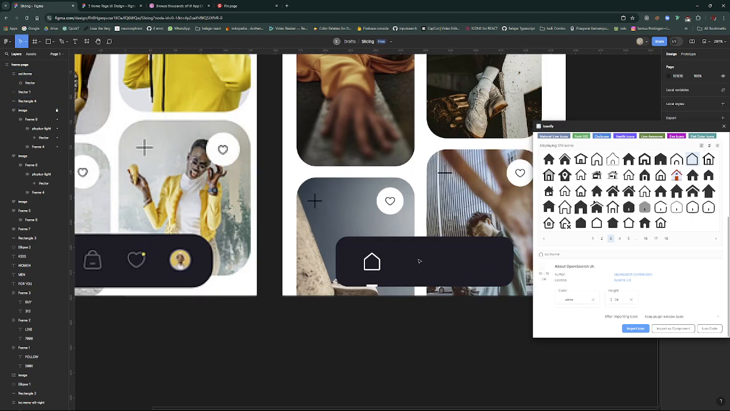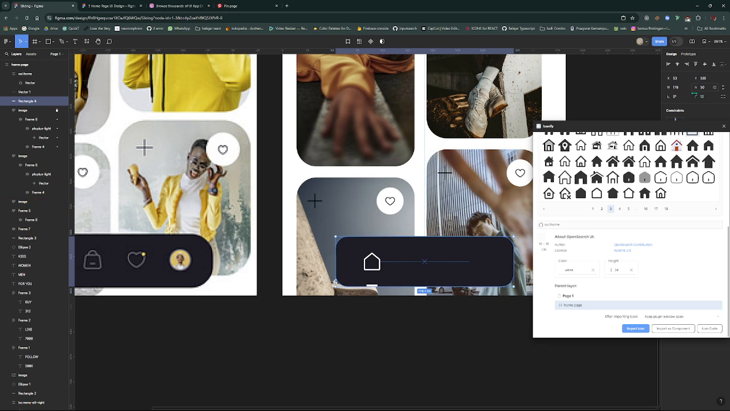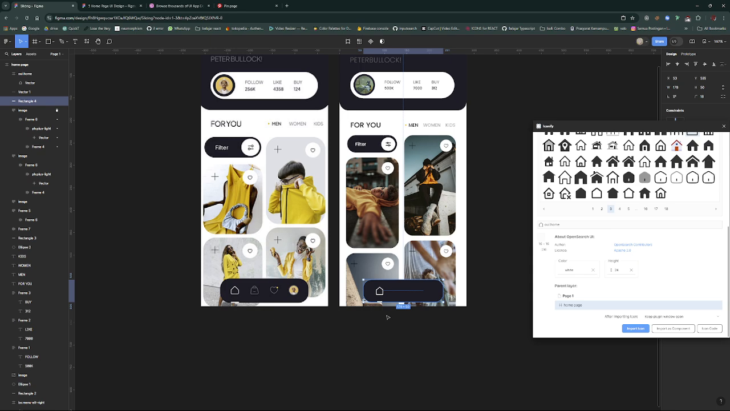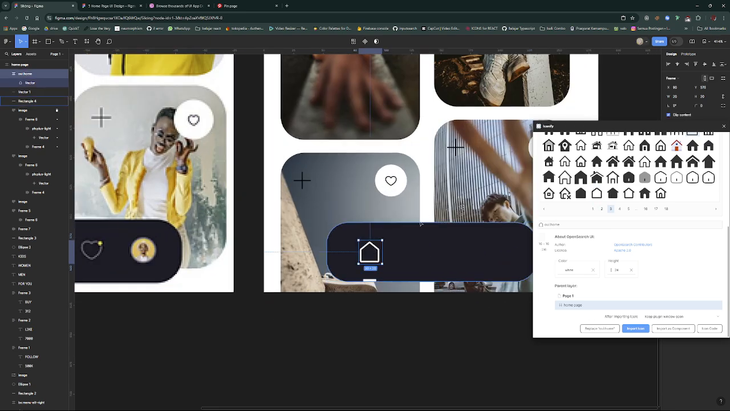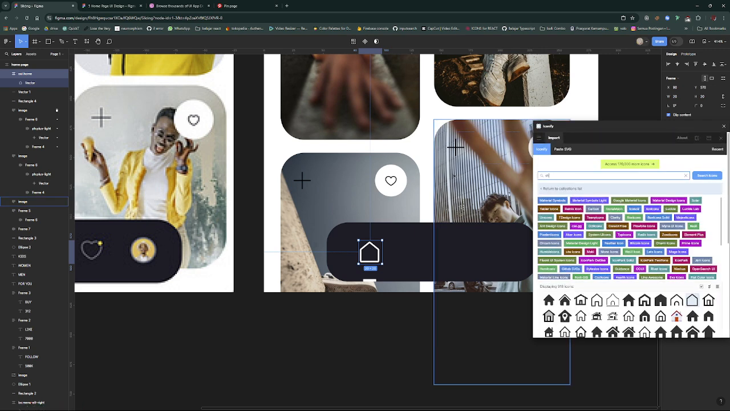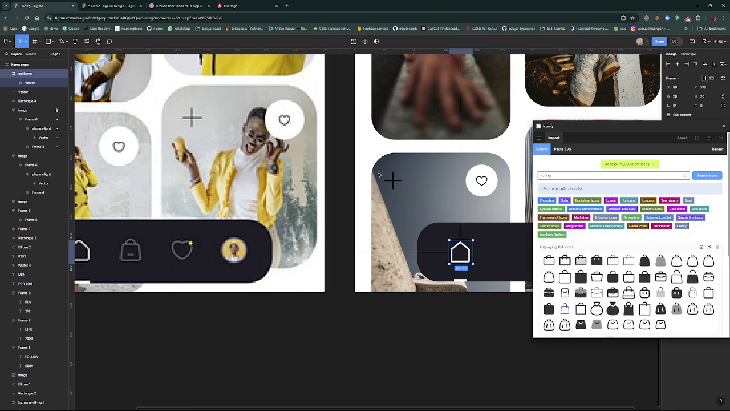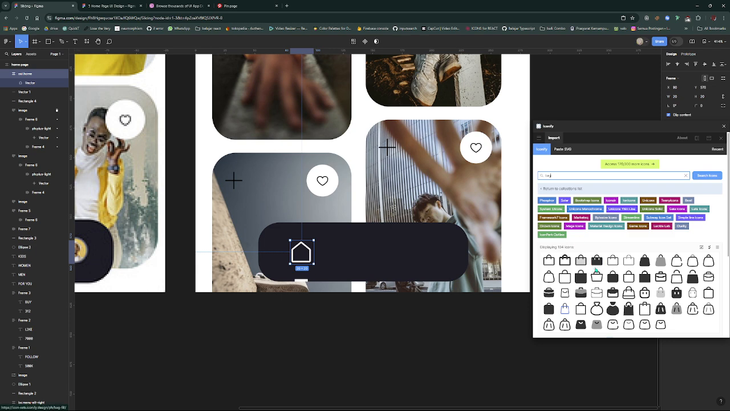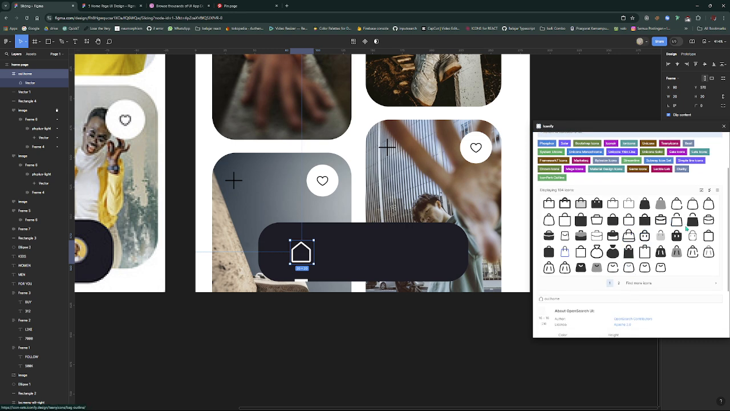And then I think it has to be a little bit rounded. It's like that. No, it's too rounded. Maybe like this. Okay, perfect. Let's look for another. Let's put a bag. I'm sorry. Let's look for the rounded one,